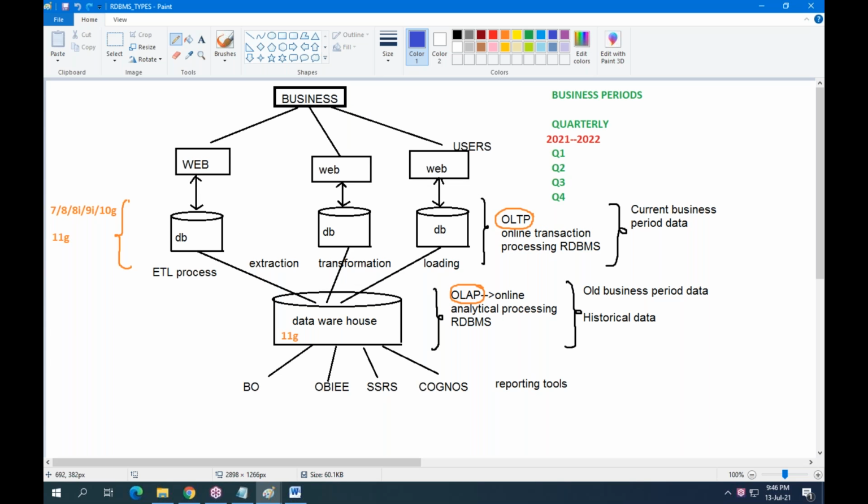Generally, I am giving a very simple example. Suppose there is a small sales business, a very small medical shop or any small business. For 1 year, they will maintain all information in one book, generally called a ledger.